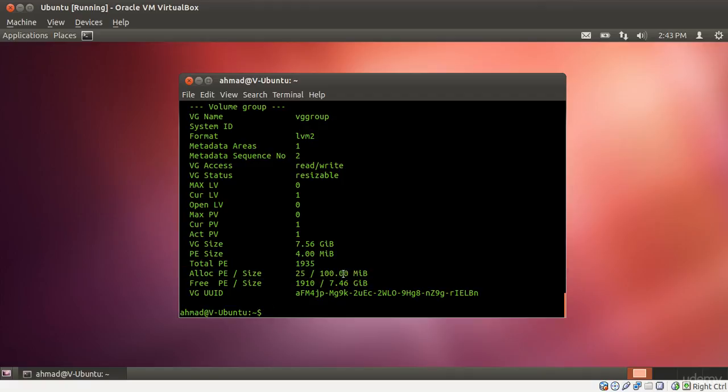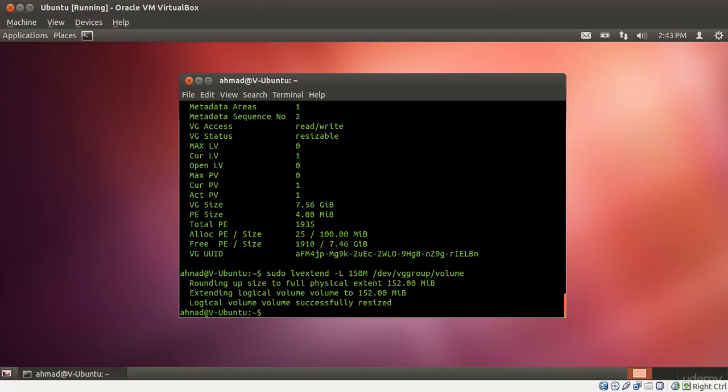We can extend it by typing in sudo lvextend, and again the switch is -L, and this time let's increase its size to 150 MB, and then the path of the logical volume that we created, which is in /dev, then vg group, and then the name of the logical volume that we created, which was lvolume. So once we do that, we see that